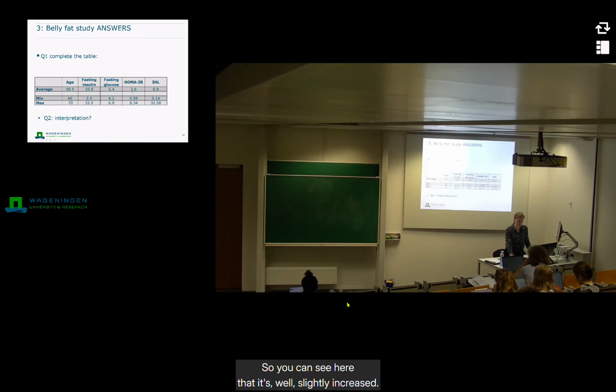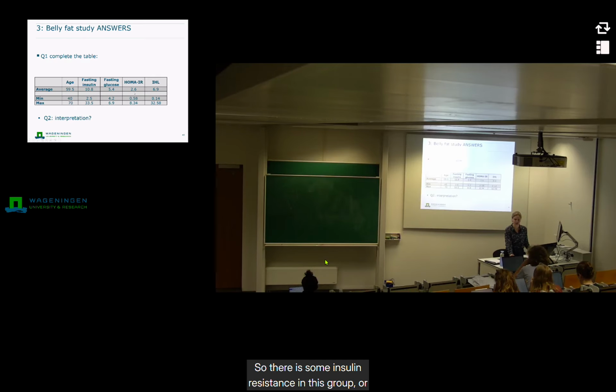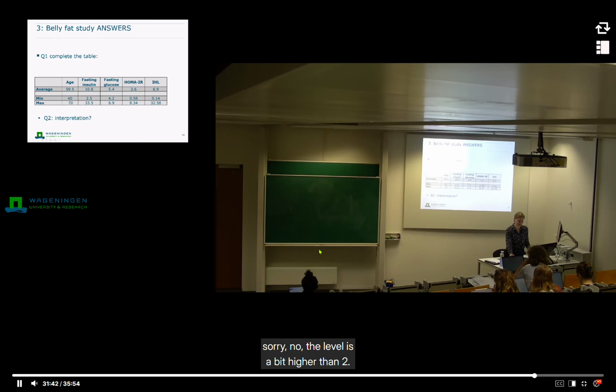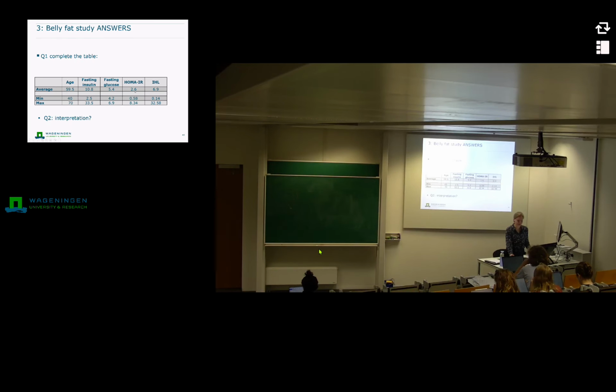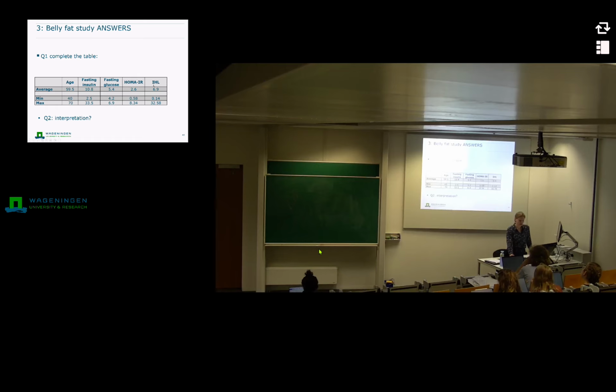So you can see here that it's slightly increased. So there is some insulin resistance in this group. Or, sorry, no, the level is a bit higher than 2. But you can also see here that the range is very large. So there are people with a very low HOMA-IR and quite a high HOMA-IR as well. The hepatic lipid content is also a percentage